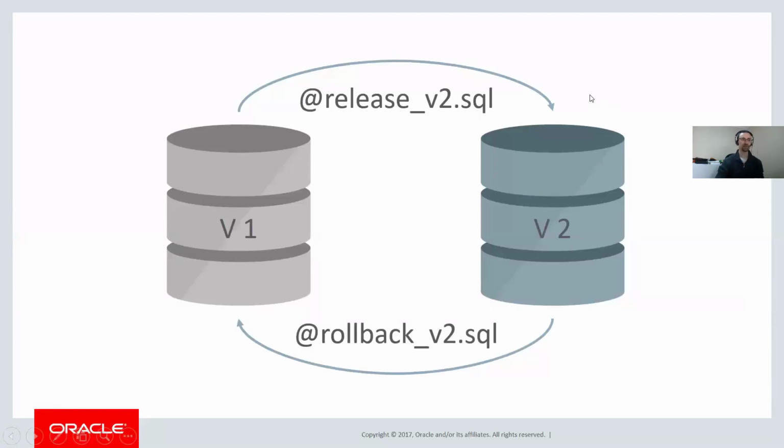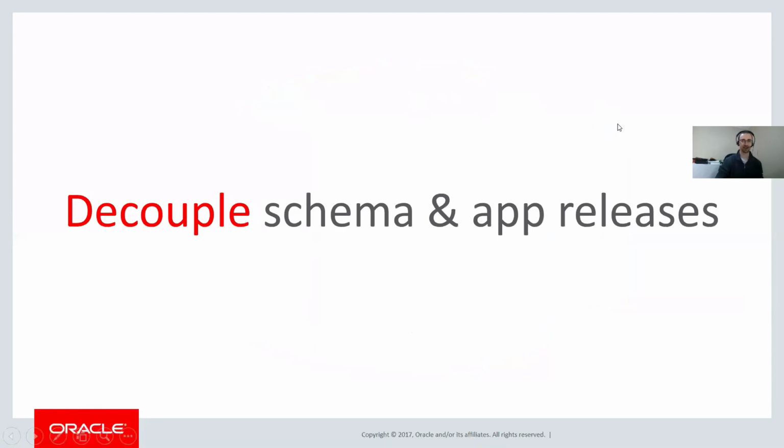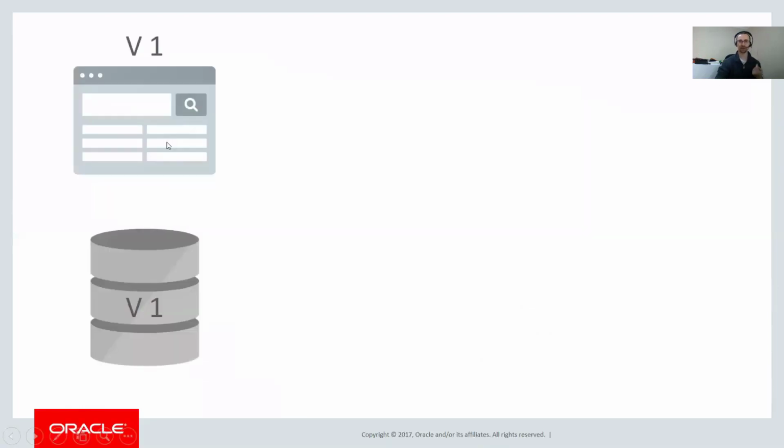However, a big step to help you reduce this problem is to decouple the schema and application releases, so you handle those as entirely separate events. You deploy your schema change, adding some tables, adding some columns. When you're happy that is fine, you then deploy your application. So we start off in a situation like this: we've got our application and our database both on version 1.